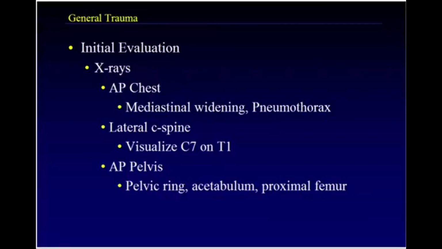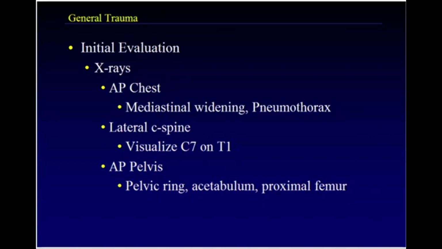The initial evaluation, the ATLS protocol, which you all have participated in at some point in your careers, really calls for 3 radiographic examinations in all trauma patients, beginning with the AP X-ray of the chest. What you're looking for with all these X-rays are significant, potentially life-threatening injuries. On the AP chest, you're looking for mediastinal widening, which could herald an aortic transection or a dissection, and pneumothoraces, which would